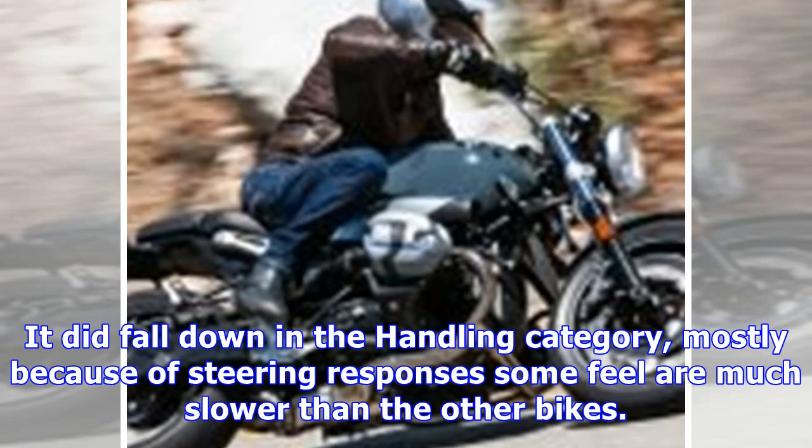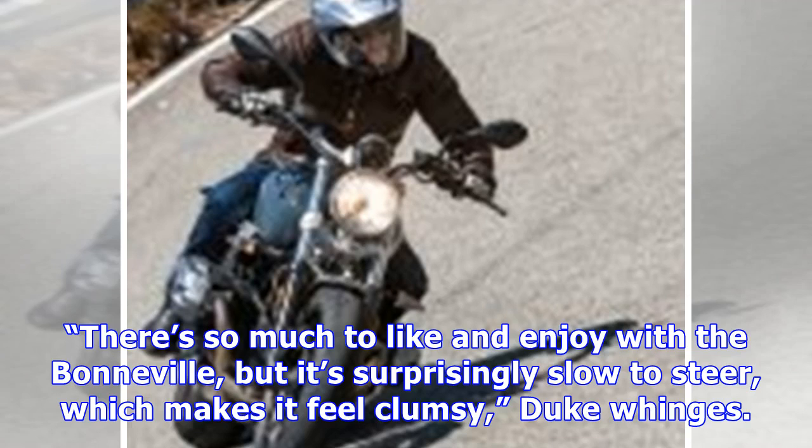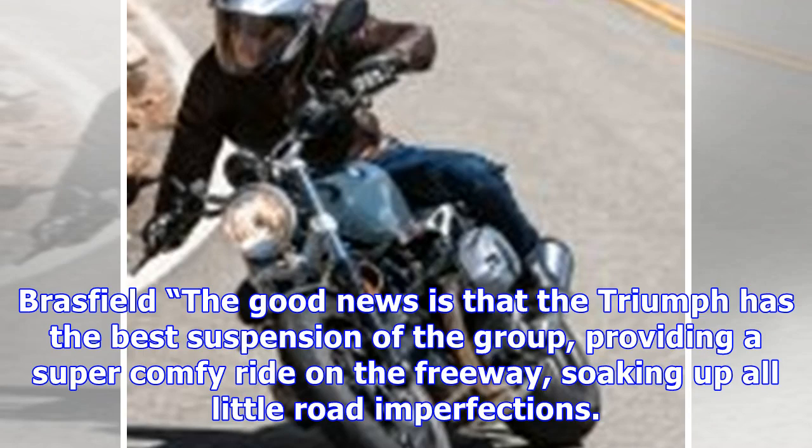It did fall down in the handling category, mostly because of steering responses some feel are much slower than the other bikes. "There's so much to like and enjoy with the Bonneville, but it's surprisingly slow to steer, which makes it feel clumsy," Duke whinges. Brassfield: the good news is that the Triumph has the best suspension of the group, providing a